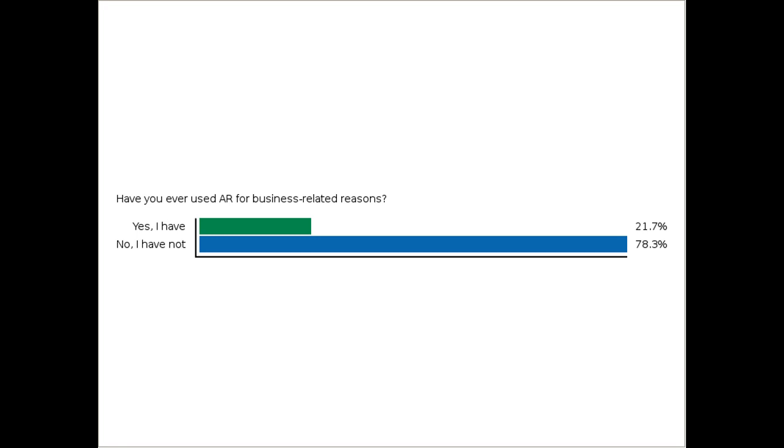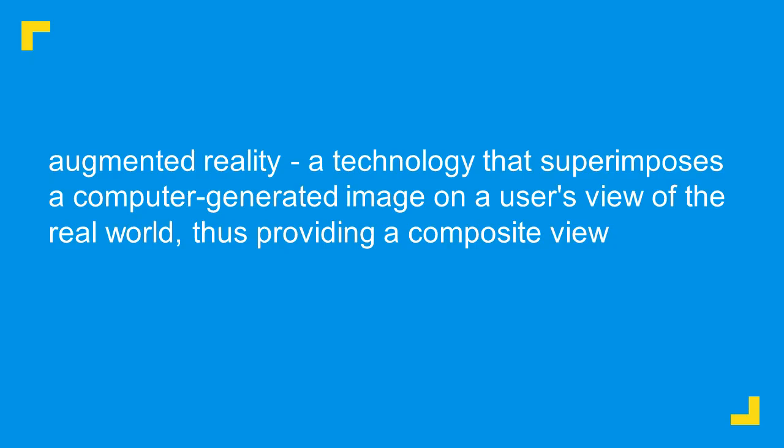Now, what would make this most meaningful and important is to first settle on some definitions, and this is really important because with all the buzzwords going out there as the advent of technology comes along, it's a little confusing to know what's what. So AR, or augmented reality, is essentially a technology that superimposes something computer generated on a view that is already known to the user in the actual real world. And so we would call that a composite view.